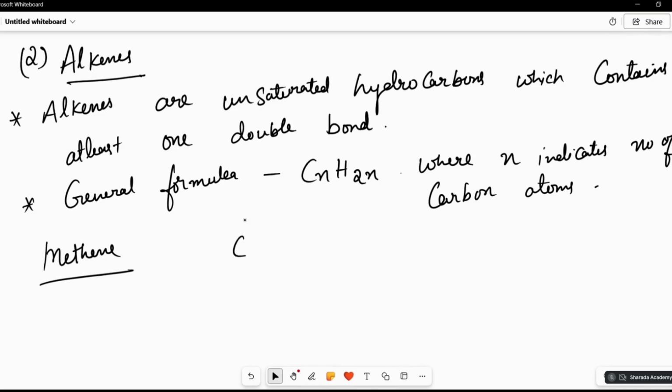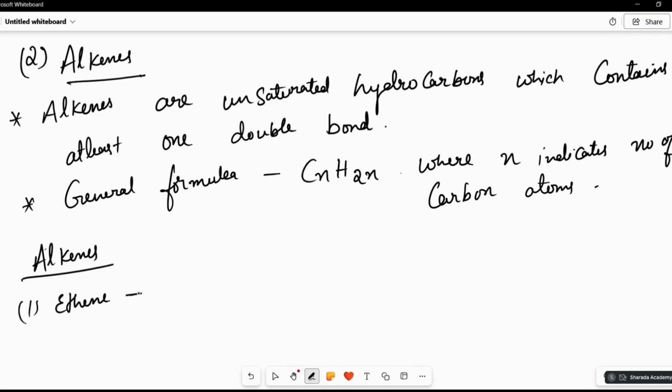So it starts with ethene. It will not start with methane, it will start with ethene, because meth means one carbon atom. Correct? So you cannot have a double bond there with one carbon and hydrogen. That is why alkene starts with ethene. First one is ethene. What is the general formula we have? CnH2n. n is the number of carbon atoms. So we have